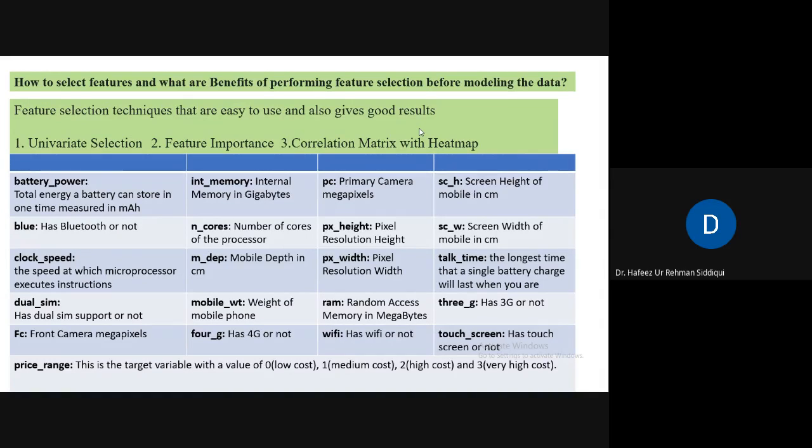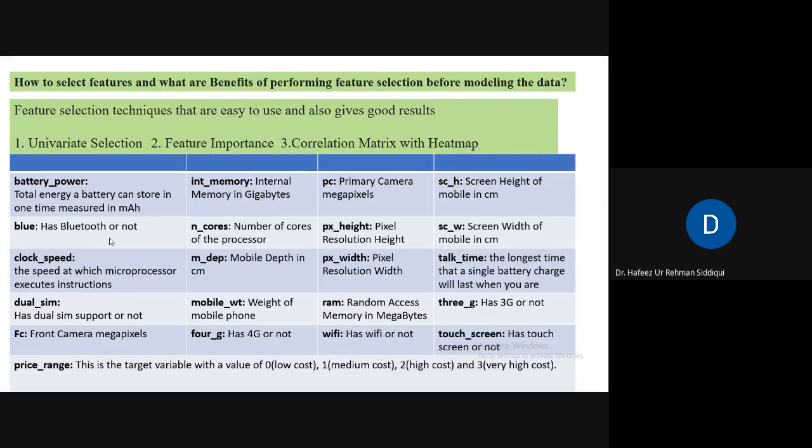Mobile has a battery power, whether it has Bluetooth or not, what is the clock speed, does the mobile have dual SIM, does it have a frontal camera, what is the megapixels of the frontal camera, what is the internal memory, how many cores are there, and mobile depth in centimeter, mobile width, and has it 4G or not, primary camera pixels, what is the megapixels of the primary camera, pixel height, pixel width, RAM, how much RAM it has, does it have Wi-Fi or not,